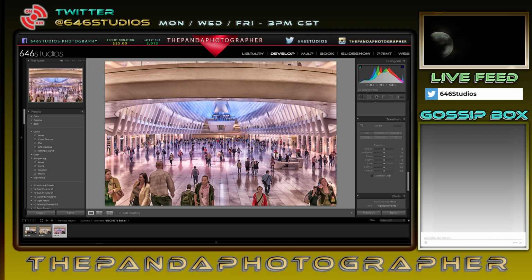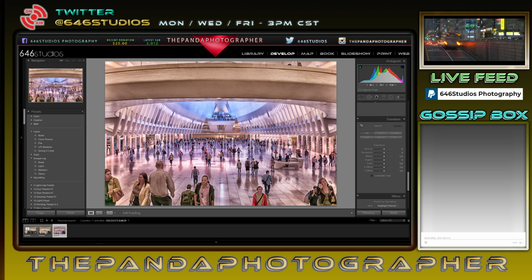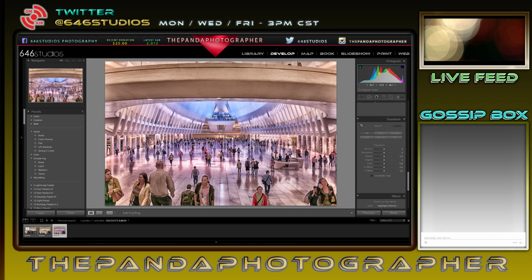But this image, I always make sure that my front element and the UV filter that I have in front of my front element on my 18-35 Sigma art glass is clean before I take a shot. So I try to make sure, even before I go out, that the sensor is clean. And that's maybe problematic for you, because you might not have the money to just spend on sensor cleaning all the time. But I just wanted to show you guys what I do to my photos and how I